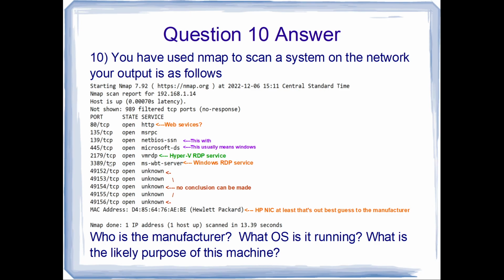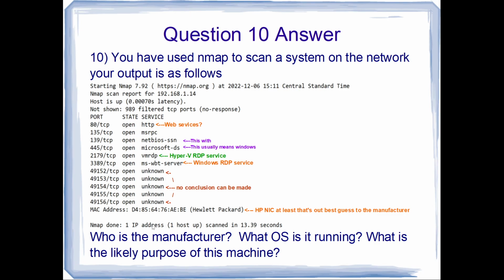3389 is the default port for Windows RDP. It says MSWBT server, but we can never assume that the service provided in the Nmap output is 100% correct. Nmap makes its best guess, but we can never say that it's 100% accurate.